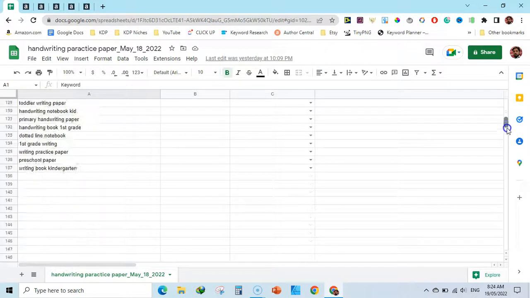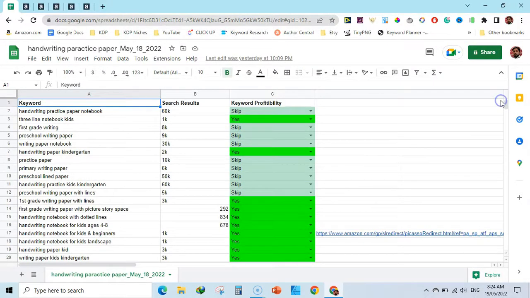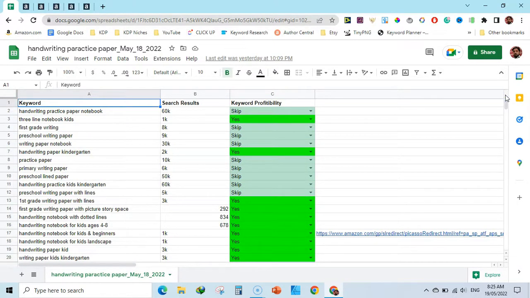You can see here I have over 130 keywords here, and I am analyzing these keywords, and while analyzing these keywords I have found more relevant keywords that are low competition and profitable as well. So while doing this research, I thought why not to share this with you. So stick around, I will share the same whole process with you.